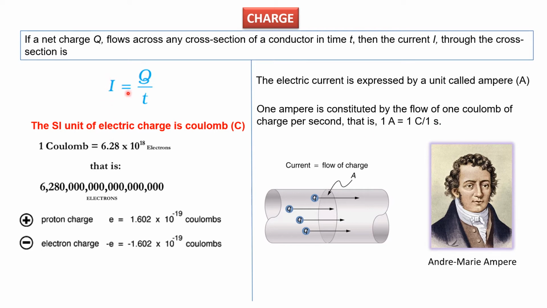See, you take the current as 1 ampere, this one as 1 coulomb, and this as 1 second. That means 1 coulomb, one charge. That means how many electrons? 6 into 10 to the power of 18 electrons flowing through a cross section. You think that so many electrons combined together as one charge are flowing through a cross section in 1 second. That is called 1 ampere. Correct? So the unit of current is named after the scientist Andre Marie Ampere.